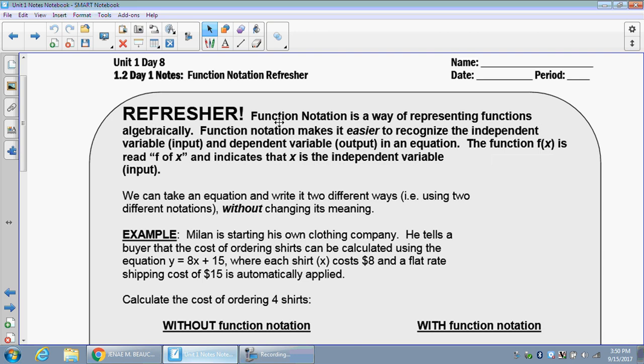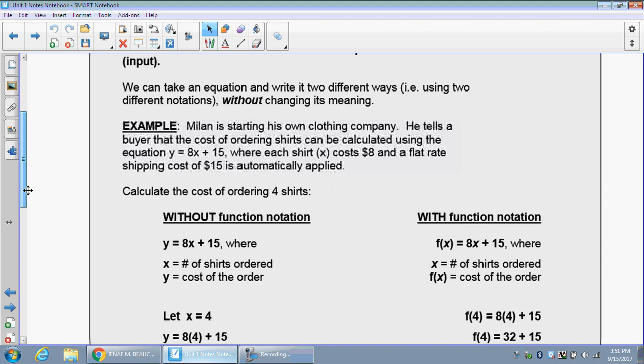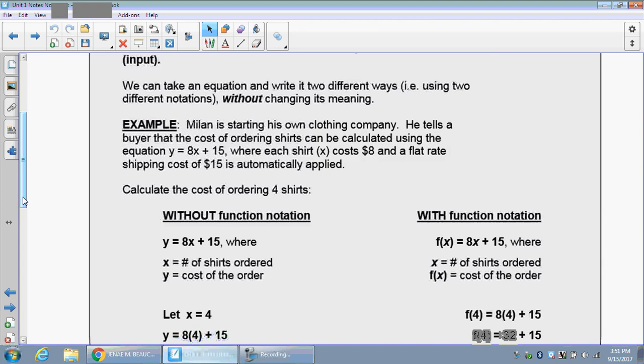It says function notation is a way of representing functions algebraically. Function notation makes it easier to recognize the independent variable, or the input, and dependent variable, the output, in an equation. The function f of x is read f of x and indicates that x is the independent variable, or the input. And here we have an example where we can compare side by side, evaluating with function notation and